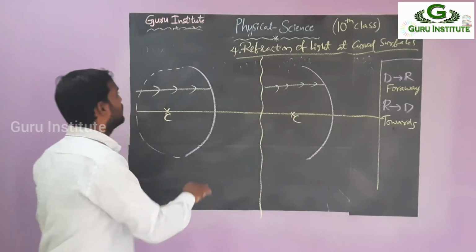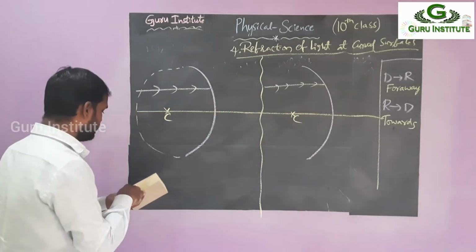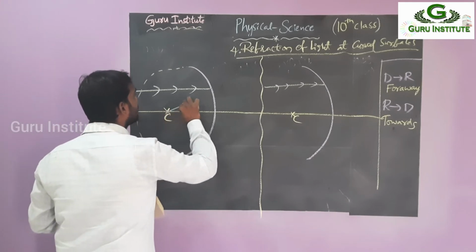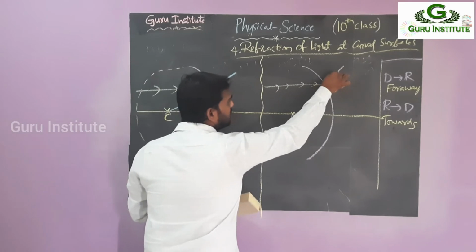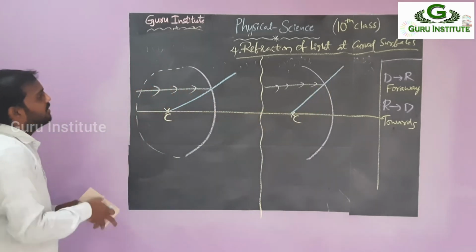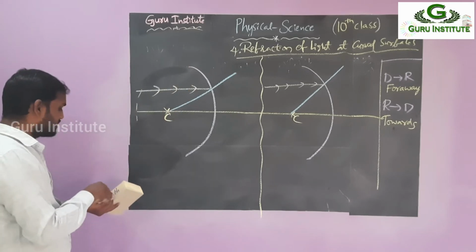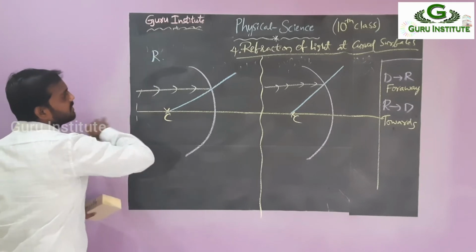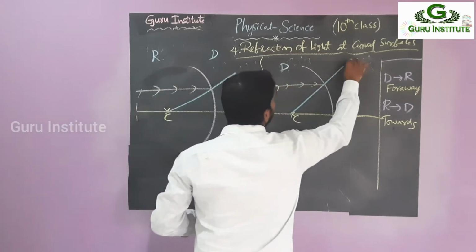What we know is that wherever the incident point is, at the incident point we have to draw the normal. We have to draw one normal. Draw this normal. So this is a normal. Okay, this is the normal. So now we have to decide which one is the rarer and which one is the denser, as in the previous case. So let's take the first one as rarer, the second one as denser. The second one vice versa, denser and rarer.